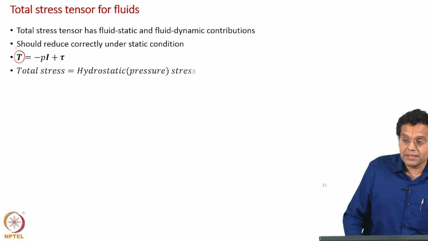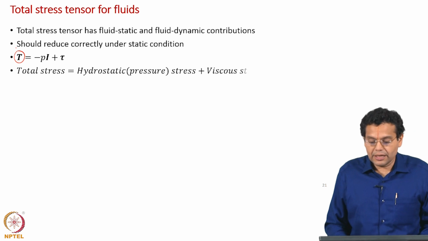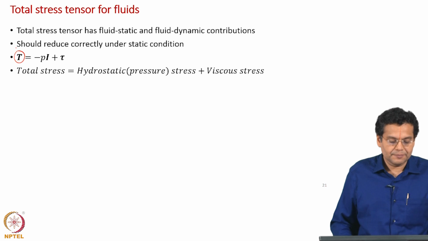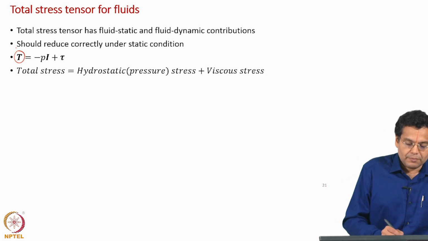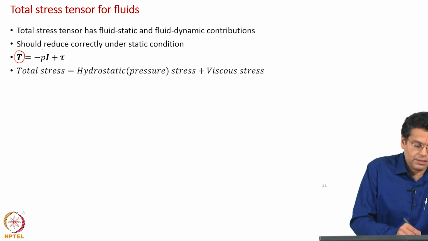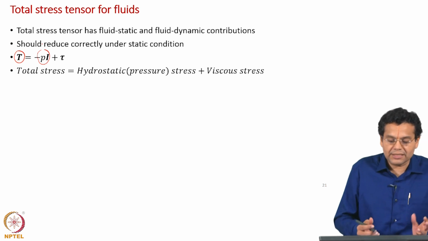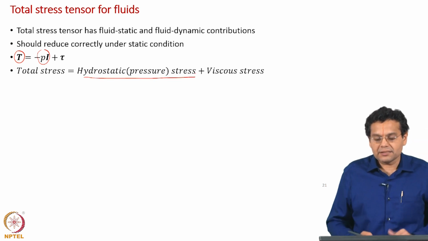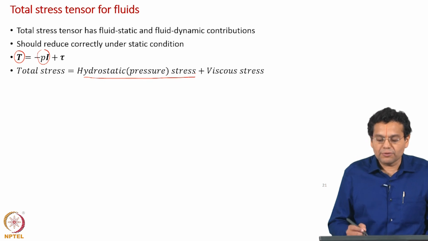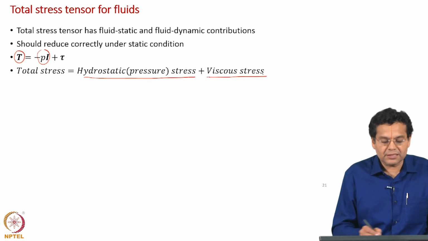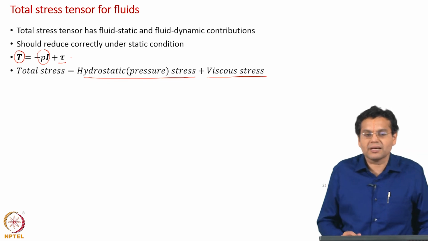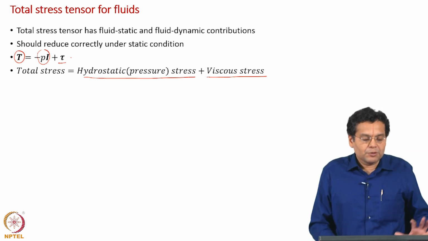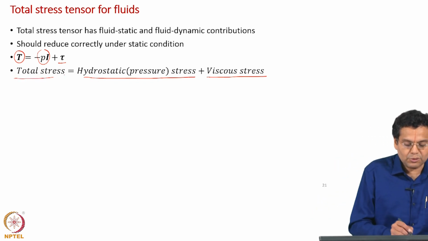Okay, the total stress in a moving fluid has two components. One, the component because of the static condition, which we call hydrostatic stress. Other additional stresses develop because of fluid in motion, which are called viscous stresses. Why viscous stress, you will understand later; right now we will coin a name called viscous stress. Okay. So, the total stress in a fluid has two components.